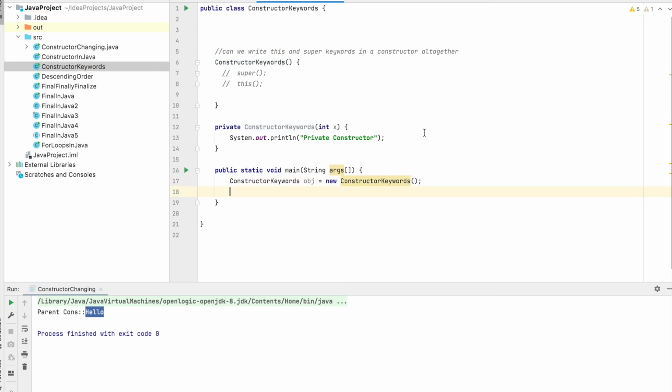Okay, let's run. It ran successfully. We didn't get any runtime exception or anything like that.